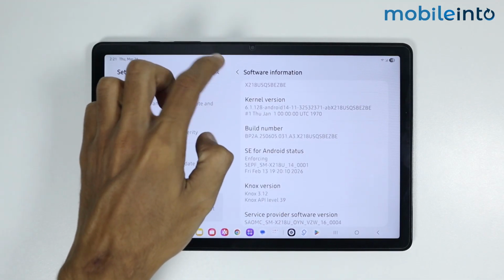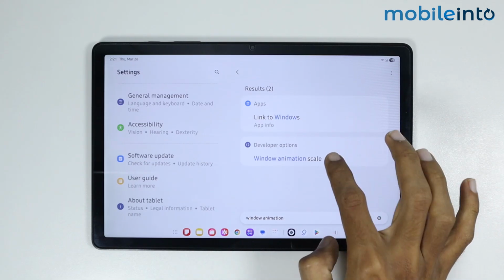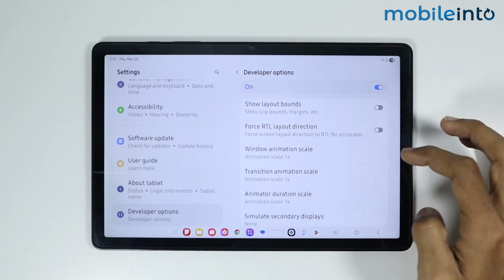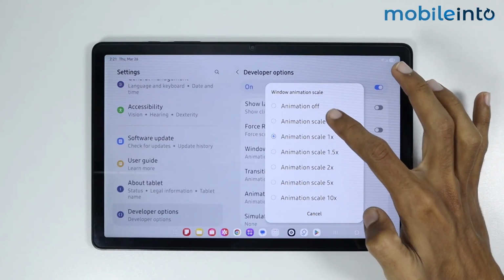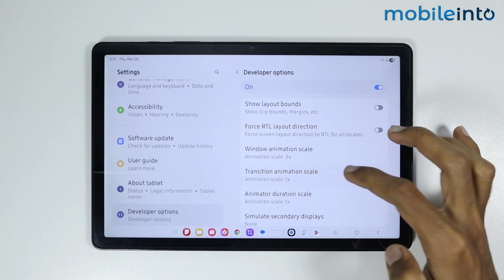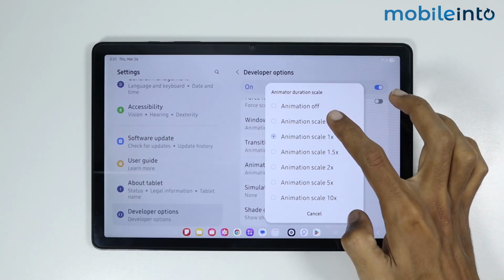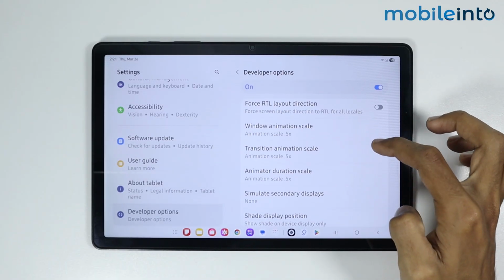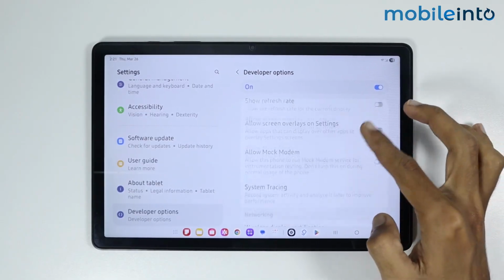After that, in the search bar, just search this. Tap on Window Animation Scale. Now just tap on Window Animation Scale and set it at 0.5x. Now just do the same with Transition Animation Scale and Animator Duration Scale. Now after you set all the three options to 0.5x, now just scroll down to the top of the list,